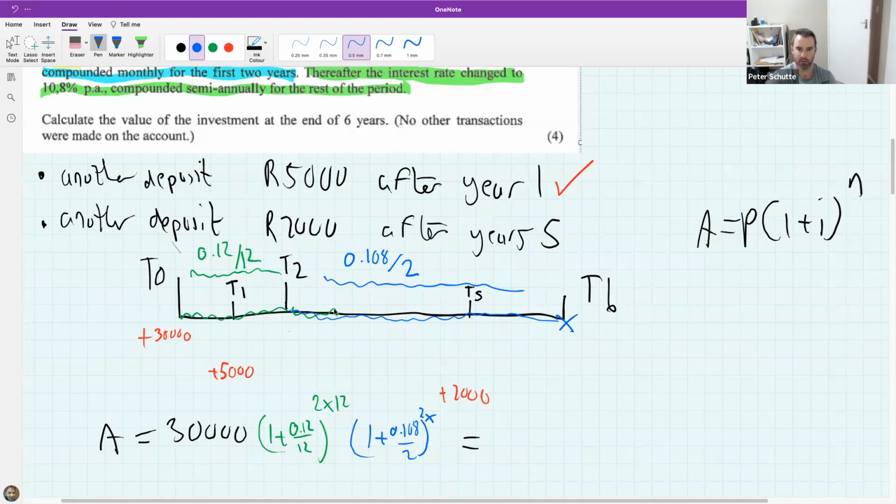What's this going to be? It's going to be 2. It's not going to be 2. It's going to be 4, because it's 4 years times 2. Because it's 4 years to get from T2 to C6, and then you times it by 2 because of the half years. Now, once you put this in your calculators, you should be getting